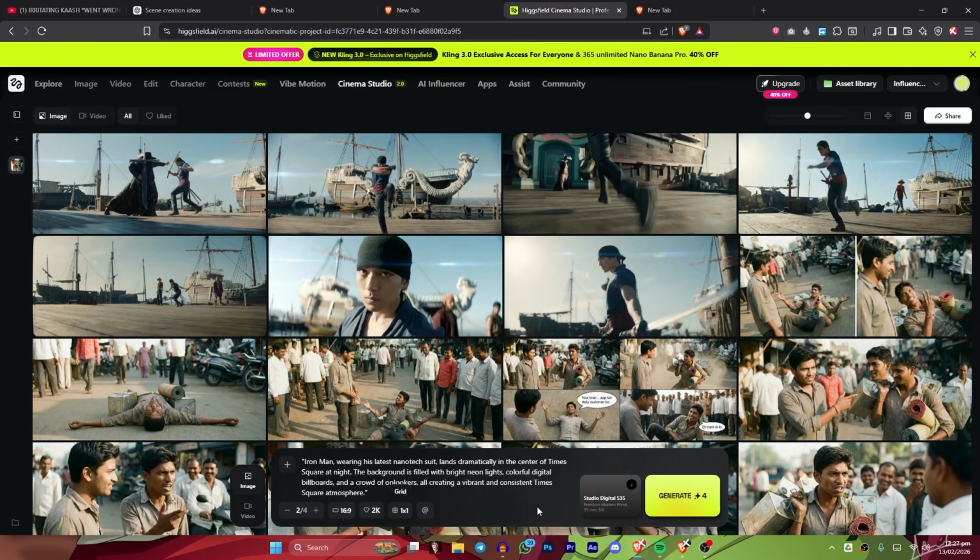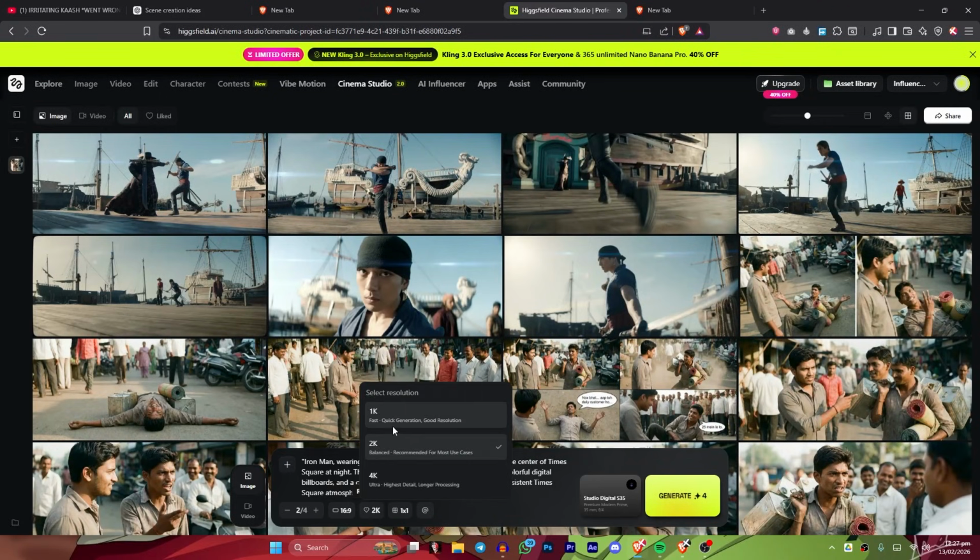And this is the prompt section, you already knew about it. We just have to describe our scene, for example, character, environment, lighting, cinematic style, and the more detailed the prompt is, the better cinematic result the AI will generate. And this prompt becomes the foundation for both image and video generation. Also, this option is for resolution and quality. Here I can select the resolution of a generated image. Higher resolution provides more detail and better cinematic quality. This is very important because higher quality images produce better video and better results later. So here I'm going with 2K. You can select 4K as well, but I'm going with 2K. And there's also a 1K option.